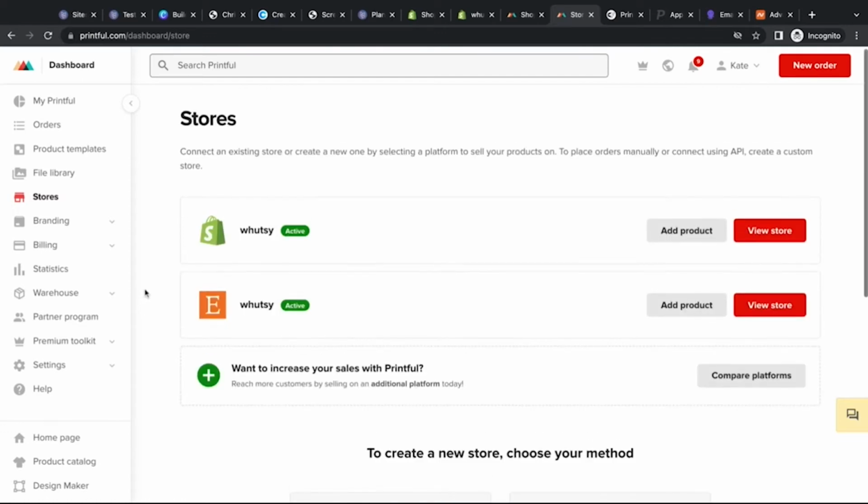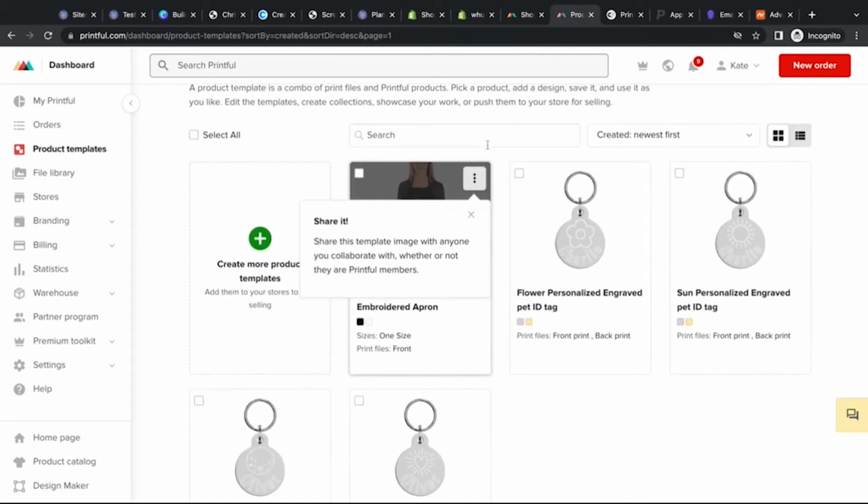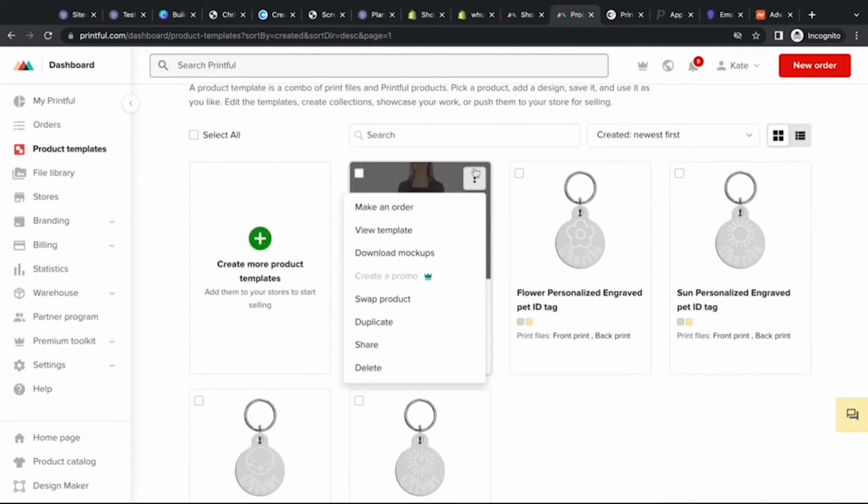Okay, so if I have a product in Etsy all ready to go, I can go to my product templates and push that product to my Shopify store now. So for example, I have my aprons. I can click here and I can,